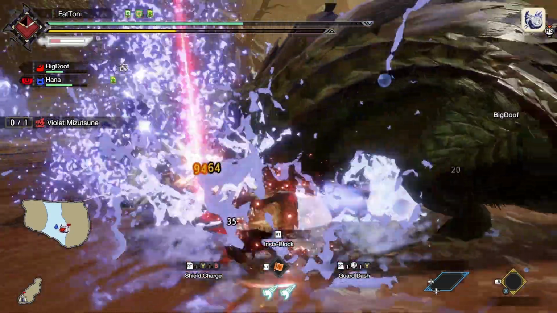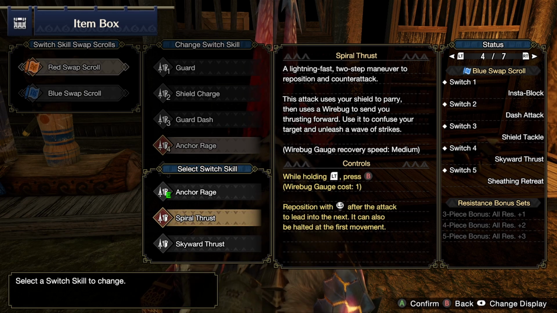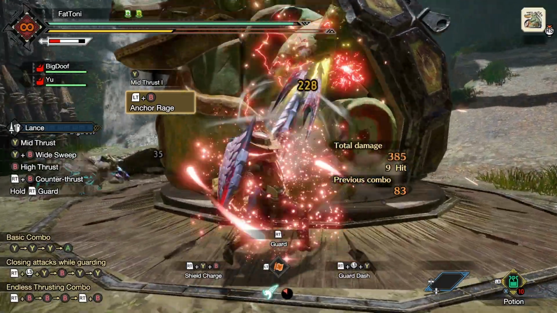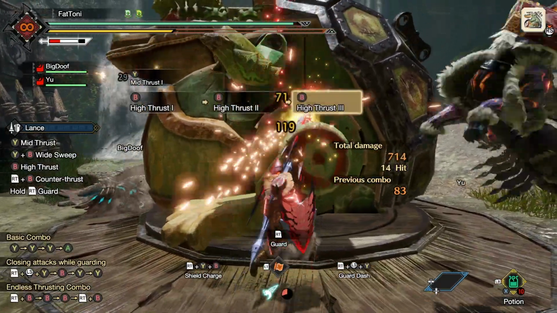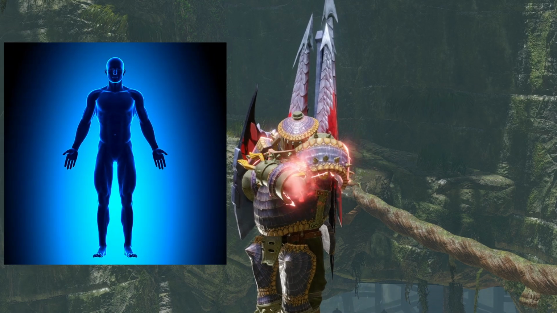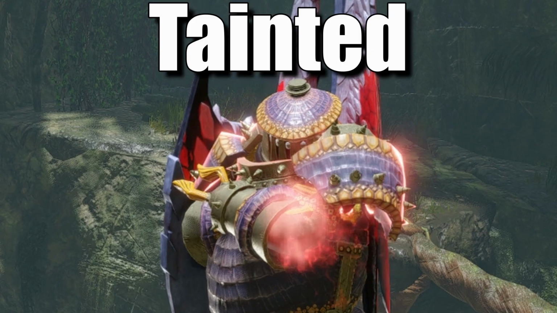Our first wire bug skill has you choose between 3 moves. You have Anchor Rage, Spiral Thrust, and Skyward Thrust. These moves are activated by pressing these 2 buttons at the same time. Anchor Rage allows you to soak pretty much any attack for a brief period of time. When you soak an attack, you will channel all your energy from the chakra point in your perineum and unleash